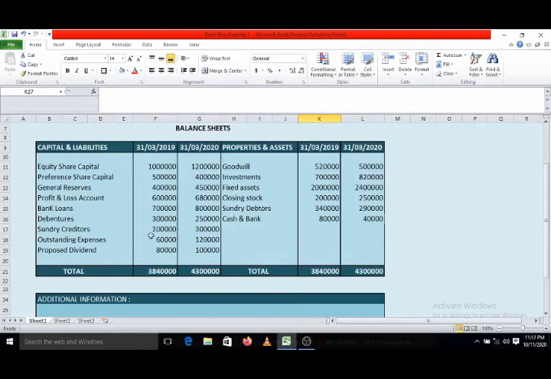So again, these current liabilities and current assets are not required to be considered separately. Next is the proposed dividend. As I told you, the first year's proposed dividend has to be shown as an application, and the second year's has to be added to funds from operations, which we have already done.